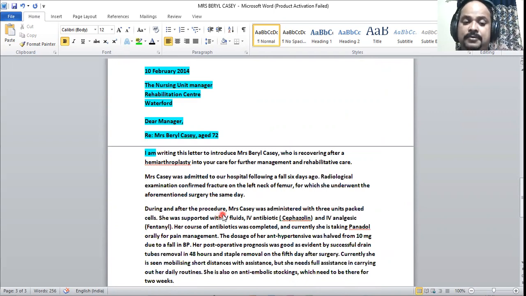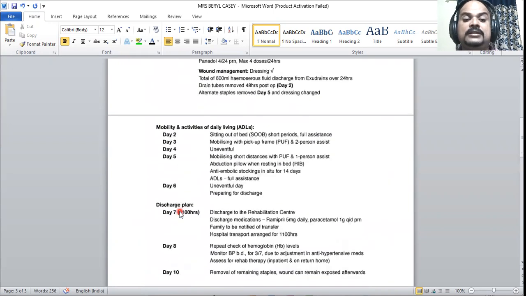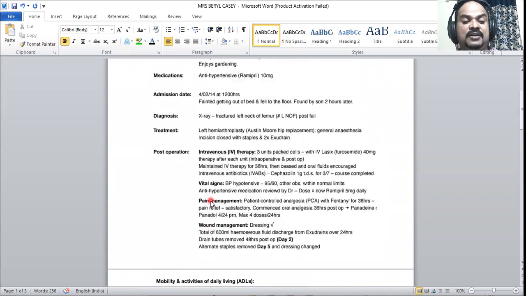During and after the procedure, Ms. Casey was administered with 3 units packed cells. She was supported with IV fluids, antibiotic, the name is given, and IV analgesics, fentanyl. So that's the thing. We have these things here. I can show you IV antibiotics, this thing, and analgesia, fentanyl. So analgesia, it was IV, and now it is